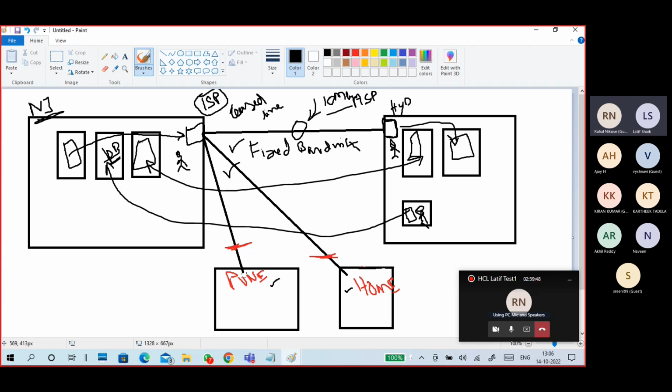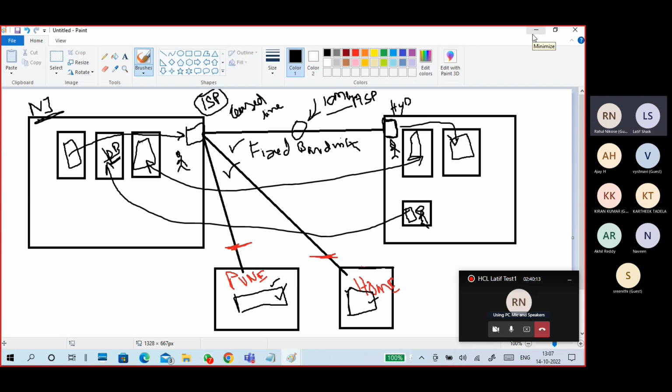In small branch offices or small offices, it is very difficult to provide security. In home offices, it is already a difficult connection, and it is very difficult to provide security.